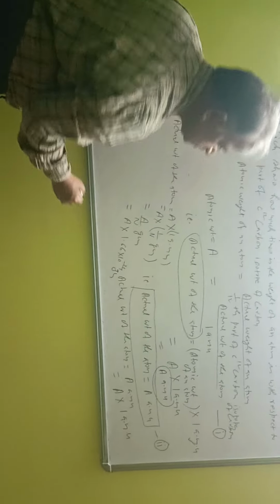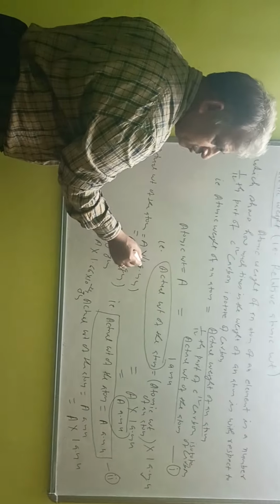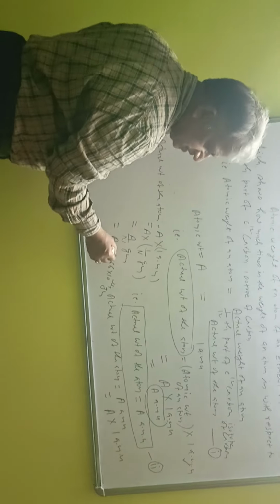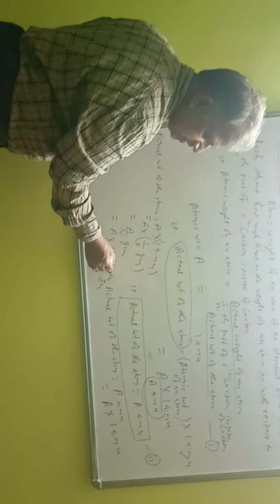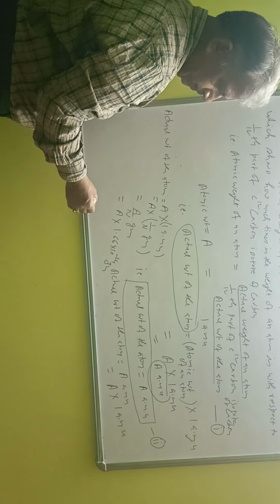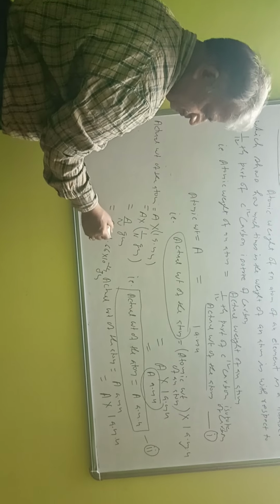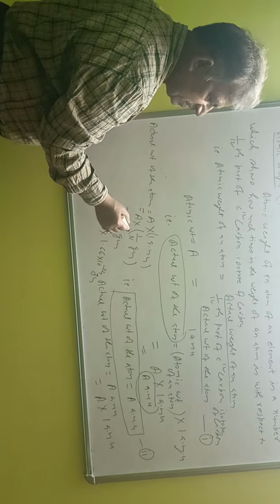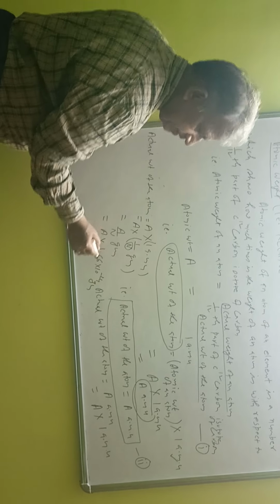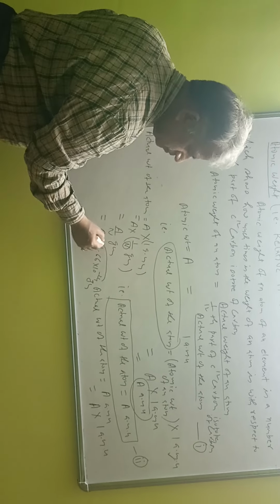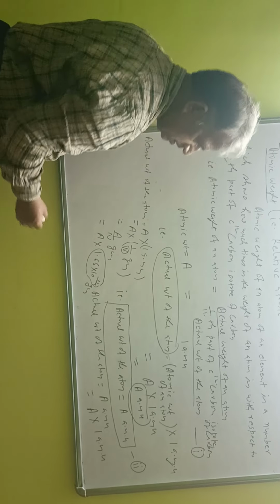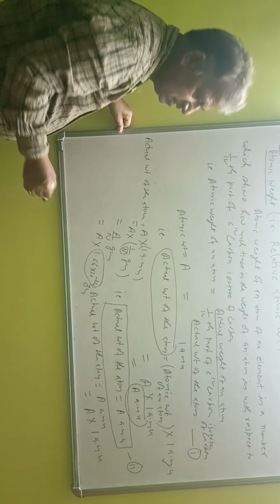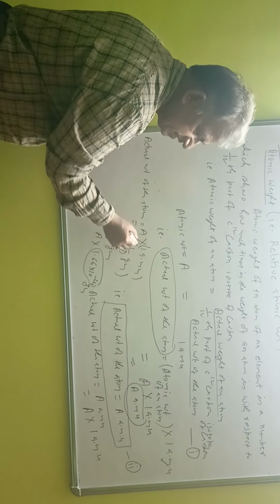This I have already explained: 1 AMU is equal to 1 by n gram, and the same AMU is equal to 1.66 into 10 raised to power minus 24. So these two, n and 1.66 into 10 raised to power minus 24, are multiplicative inverses. This n, the Avogadro number, and this value are numbers which are the multiplicative inverse of each other. If you multiply both numbers, you will always get unity.